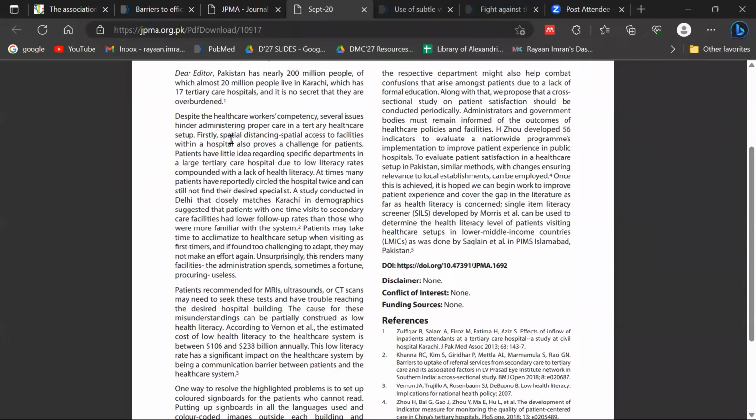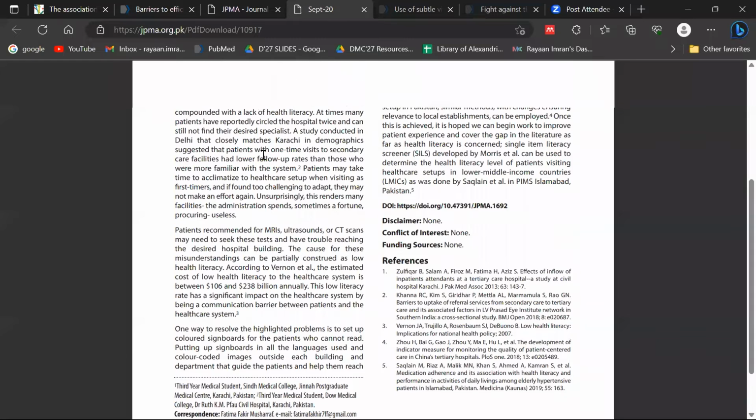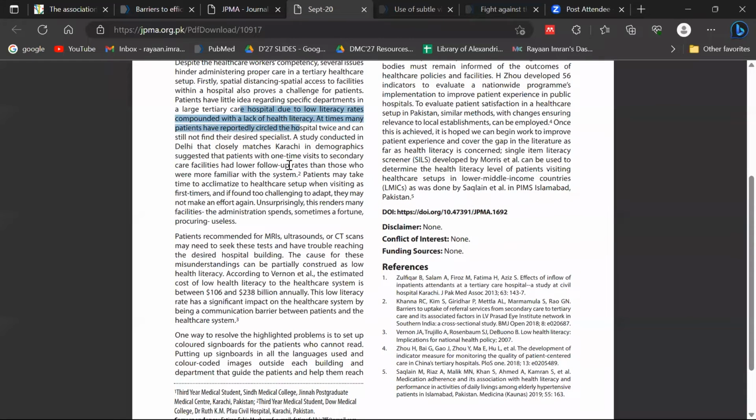journal. And in the next paragraph, she gave an overview भाई कि healthcare का system क्या है अभी पाकिस्तान में, फिलहाल जो हेल्थ केयर सिस्टम है, जो टर्शरी केयर है, जो भी चीजें हैं उसमें मसाइल हैं क्या क्या है, और उसकी बेसिक एक ओवरव्यू दिया है. नेक्स्ट हमें थर्ड पैराग्राफ में बताया कि पेशेंट्स के लिए क्या क्या रेकमेंड फॉर एमआरआईज, अल्ट्रासाउंड, सीटी स्कैन्स, मे नीड टू आस्क सीक टेस्ट, ठीक है. एंड ऑफ कोर्स उसके अंदर मसाइल आते हैं. द कॉज ऑफ दिस मिसअंडरस्टैंडिंग्स कैन बी पार्शियली कंस्ट्रक्टेड ड्यू टू लो इलेक्ट्रिसिटी. सो जो ऊपर इश्यूज हमारे ऊपर हाईलाइट किए गए हैं उसकी एक्सप्लेनेशन, उसकी रीजन दी गई है, व्हाई इज दिस